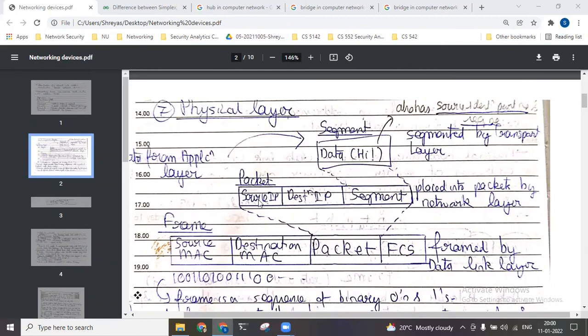In the packet we have these IP addresses. It cannot see MAC addresses. Suppose the data is coming from upward, till now the MAC address is not there, so how will it deal with MAC addresses? And if the data is coming from downward, that is, the frame comes, the frame checks the MAC addresses. It then extracts the packet and sends it over to the network layer. So the network layer always deals with the IP addresses only. It doesn't deal with the MAC addresses. So a router is basically a layer 3 device that deals with the IP addresses, and a switch is a layer 2 device that deals with the MAC address.